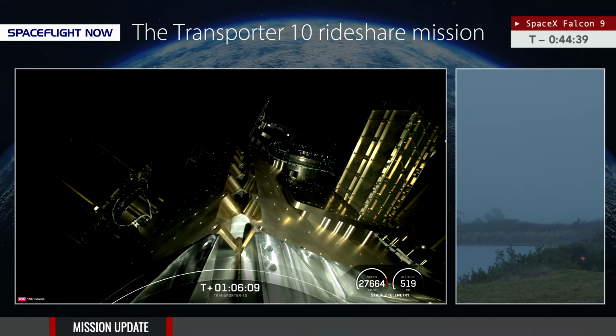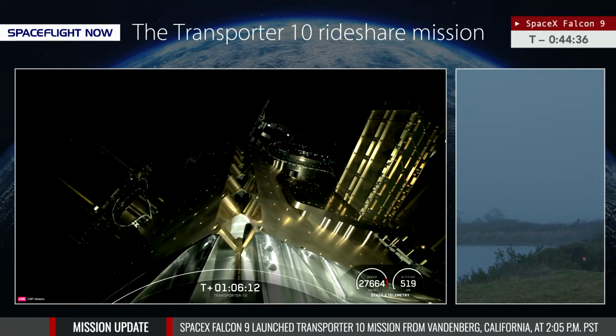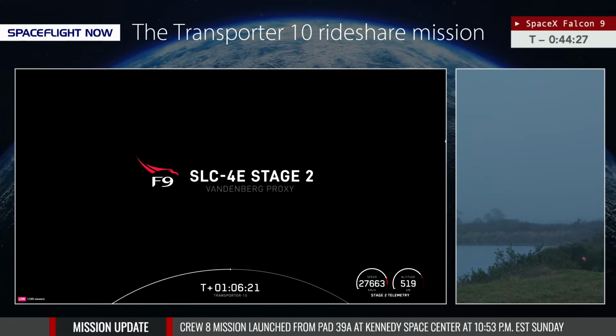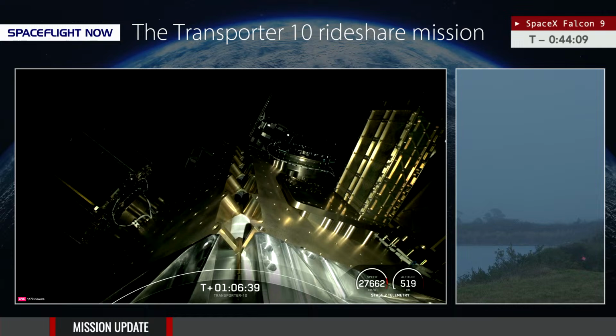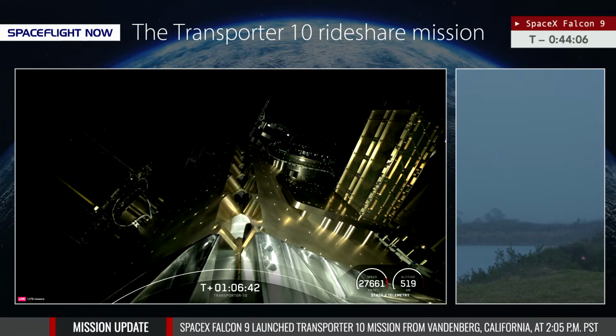If you're just joining us, welcome to the Transporter 10 webcast. As a recap of all the missions going from here at the Cape, we did successfully land and recover our first